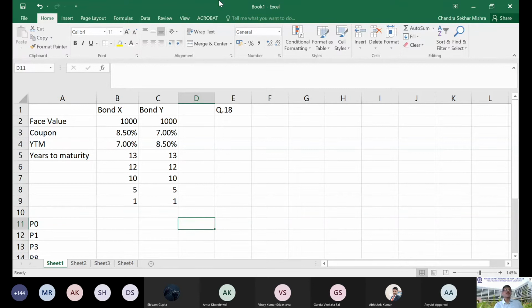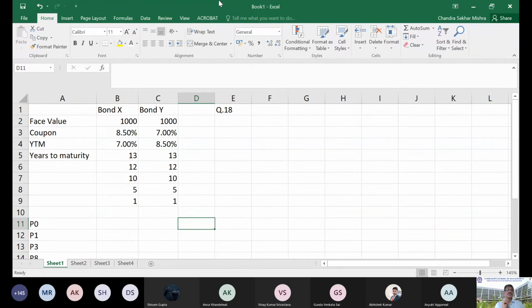When the yield is the same as the coupon rate, it will be known as a par bond, period. Now, if the yield is more than the coupon, what does it mean? The price must be lower. If the price becomes lower, then yield becomes higher. Price and return have an inverse relationship. As the discounting factor goes up, price will go down, or if the price goes down, the discounting factor or yield will be higher.